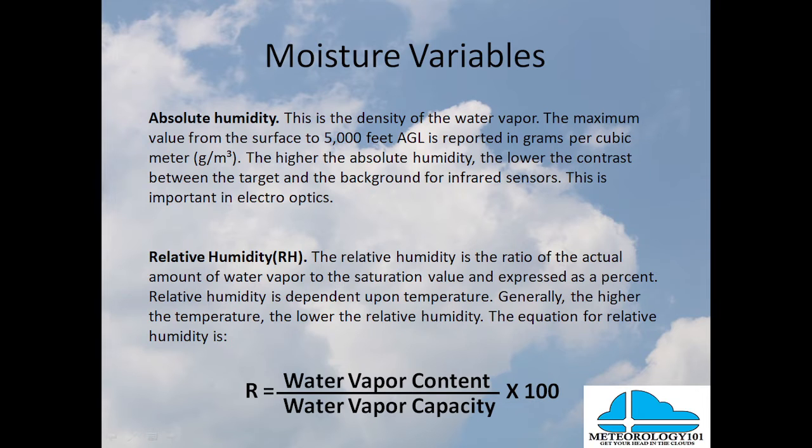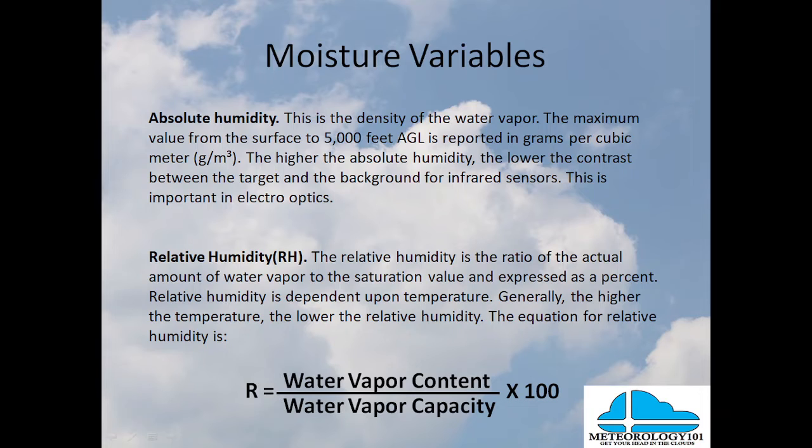Moisture variables. Absolute humidity is the density of the water vapor. The maximum value from the surface to 5,000 feet above ground level is reported in grams per cubic meter. The higher the absolute humidity, the lower the contrast between the target and the background for infrared sensors. So it's important for electro-optics. Depending on the humidity of an object, how it's going to contrast with its background looking through